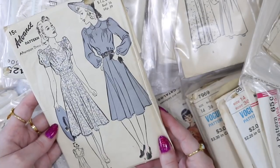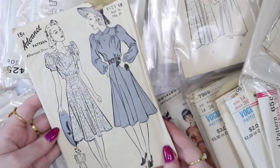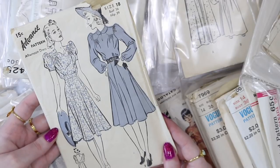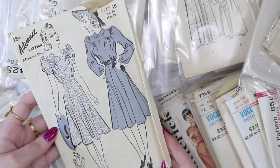Here we have an Advanced pattern in a size 18. This is another one that I might want to keep. There are a lot of keepers in this collection. This is another one that I'm going to be tempted to keep. It is a later 1930s afternoon dress in a size 18 for a 36-inch bust and 39-inch hips. You've got this interesting kind of rounded yoke with shirring coming down from it that provides shape over the